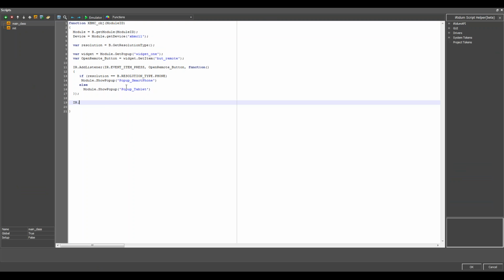So let's add a new add listener. The event should be event channel set. The second parameter is linked to my device. It is function. We know that function from iRidium 2.0.